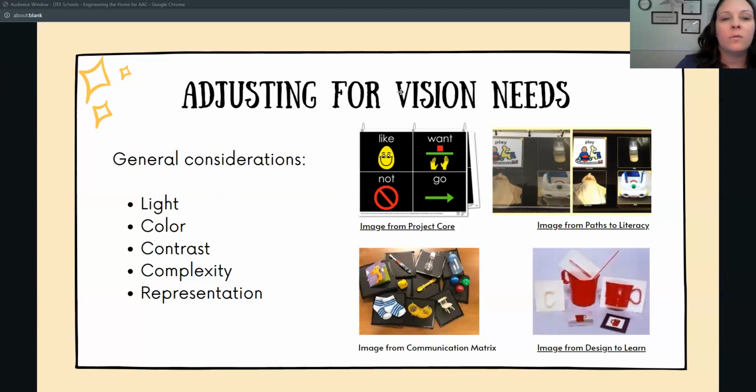As we wrap up, I just want to speak a little bit to how we might adjust thinking about those elements of an appropriate starter system when we're thinking about vision needs and motor needs. Remember, Ethan has both of these, and the tools I just shared with you, many of them did not have the properties that Ethan would need specifically to participate in his routines using AAC in a way that he can